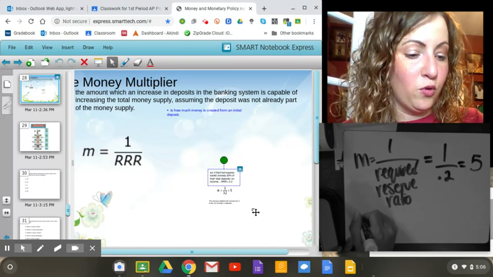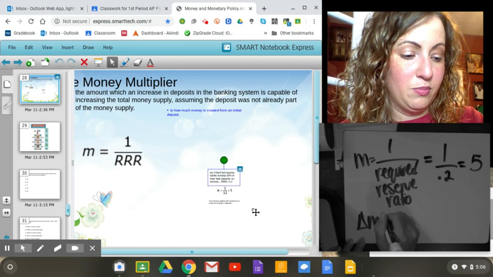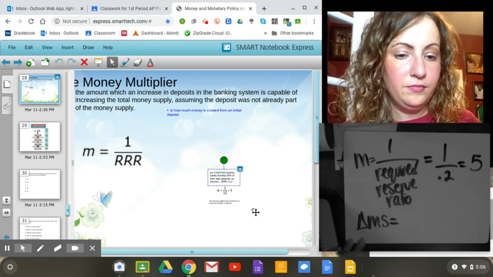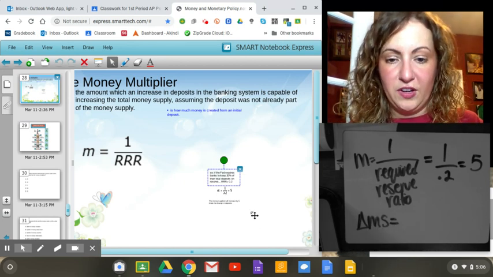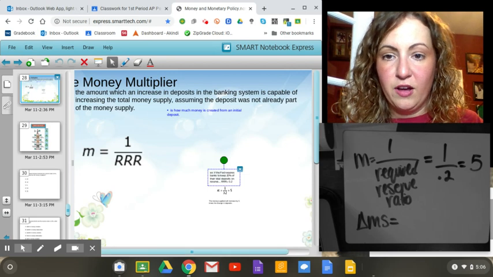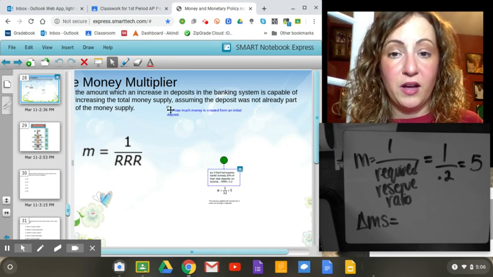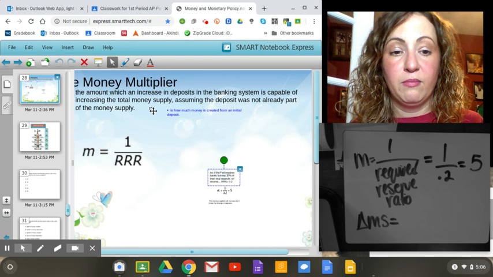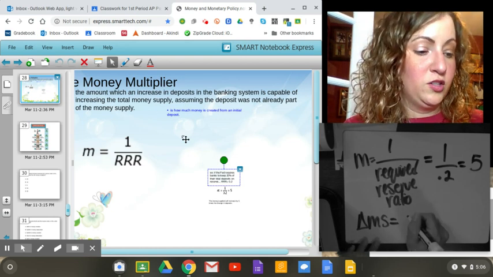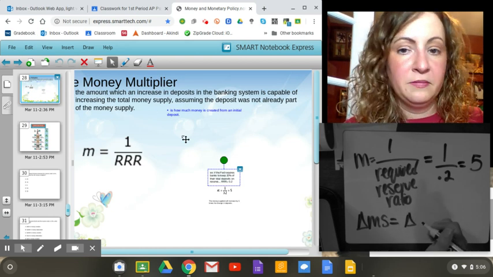What we're solving for is change in money supply. Okay, that's because if you look at the definition, it says the amount by which a change in deposits, an increase in deposits, is capable of increasing money supply. So change in deposits, or